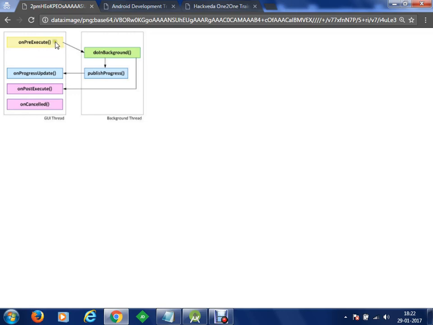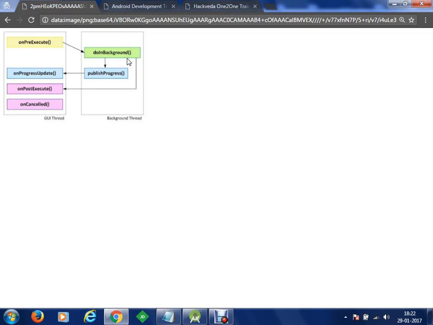So these methods, your onPreExecute, onProgressUpdate, onPostExecute, onCancelled, these are on the GUI thread. This means once you have executed your long operation, whatever the result of that long operation is, that result can be displayed on view controls in this method, onPostExecute, okay? So this means within the background thread you cannot deal with or interact with view components.